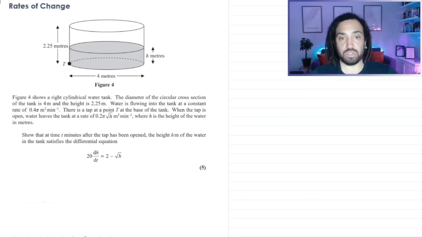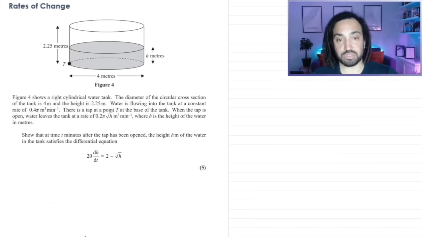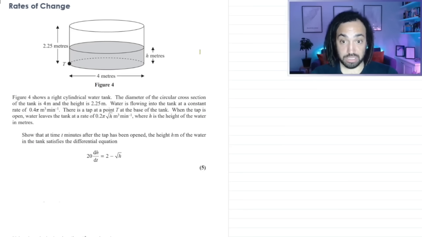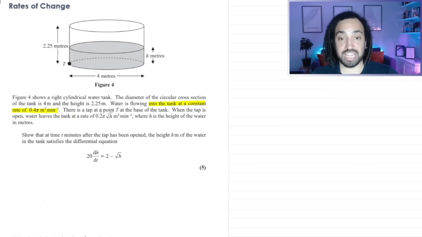Okay, lots of information here to go through, and we've got a cylindrical water tank. The diameter is 4 and the height is 2.25, and this is important. It says that water is flowing into the tank at a constant rate of 0.4 pi, and there's a tap at the bottom where water leaves the tank at a rate of